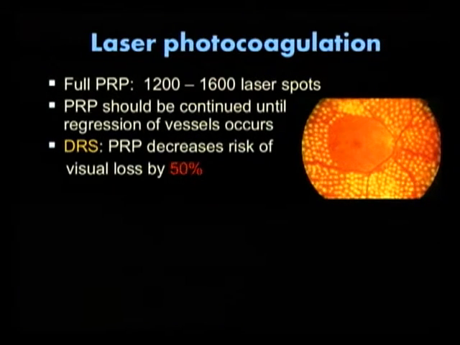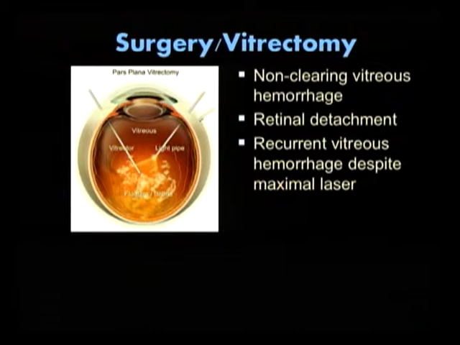One of the landmark studies that we use in ophthalmology, the DRS, or Diabetic Retinopathy Study, showed that PRP is actually a very effective treatment for PDR. PRP decreases the risk of severe SVL, severe visual loss, by about 50%. As mentioned before, the second option that has been historically employed to help with diabetic retinopathy that's very severe is